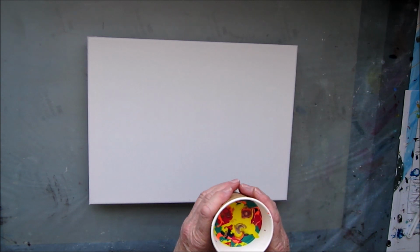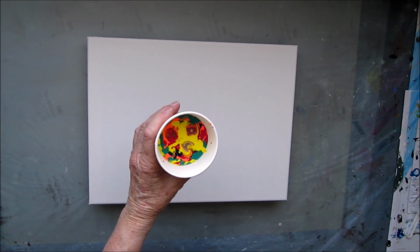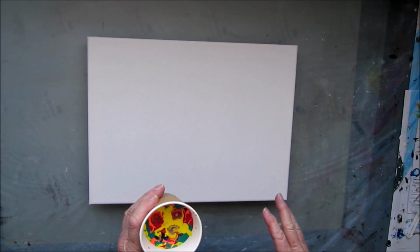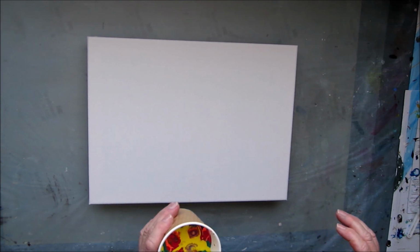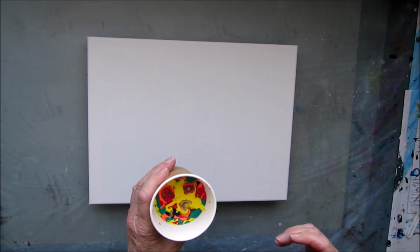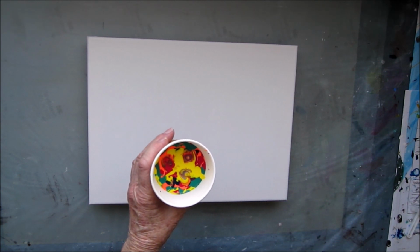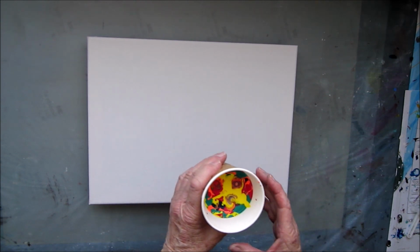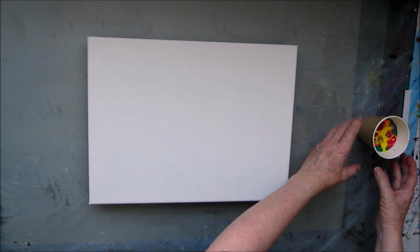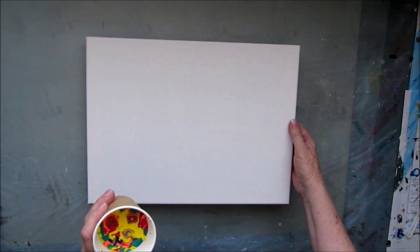Hello there. I have leftover paints from my previous pour, which I have poured into a cup to do a flip cup pour, and there I will show you a quick clip at the end of this video on how I put my paints in and my silicone. So I'm going to flip the cup over onto the canvas,